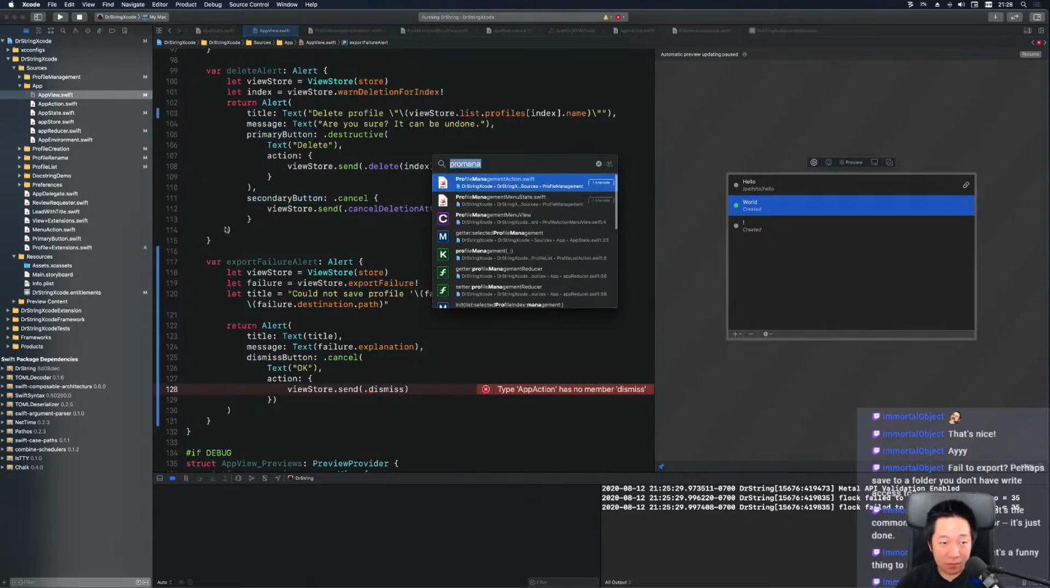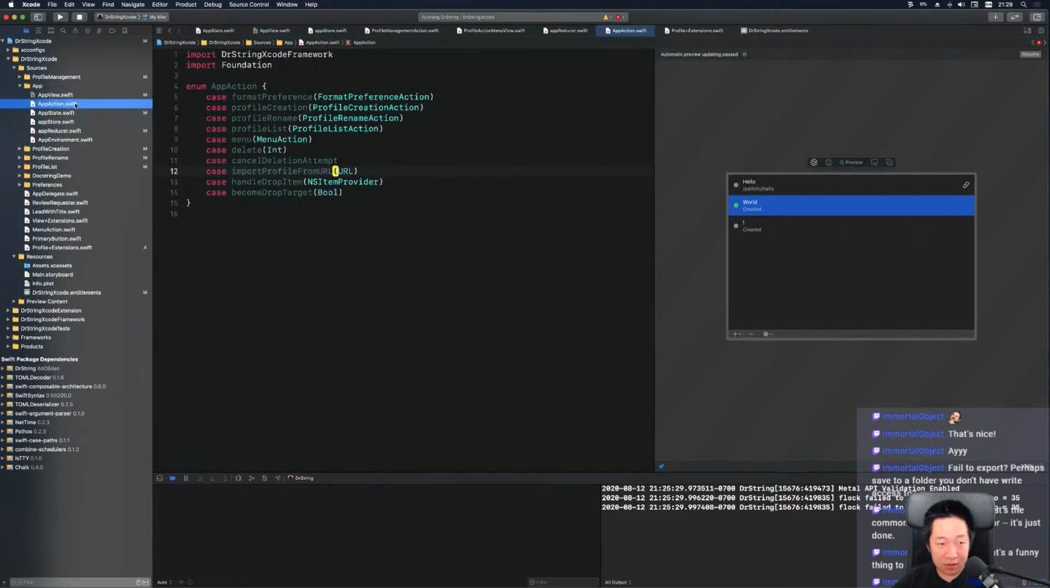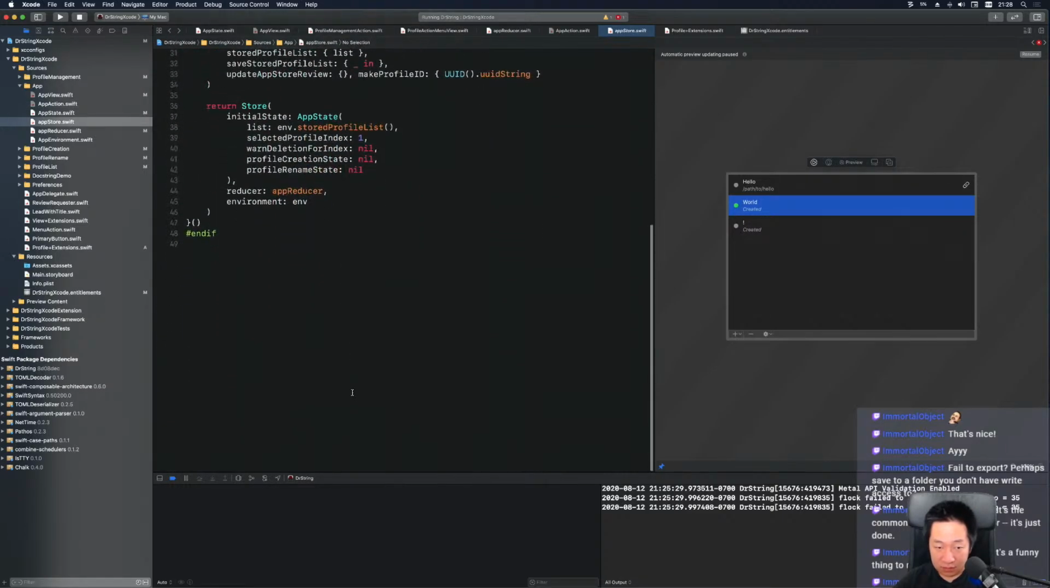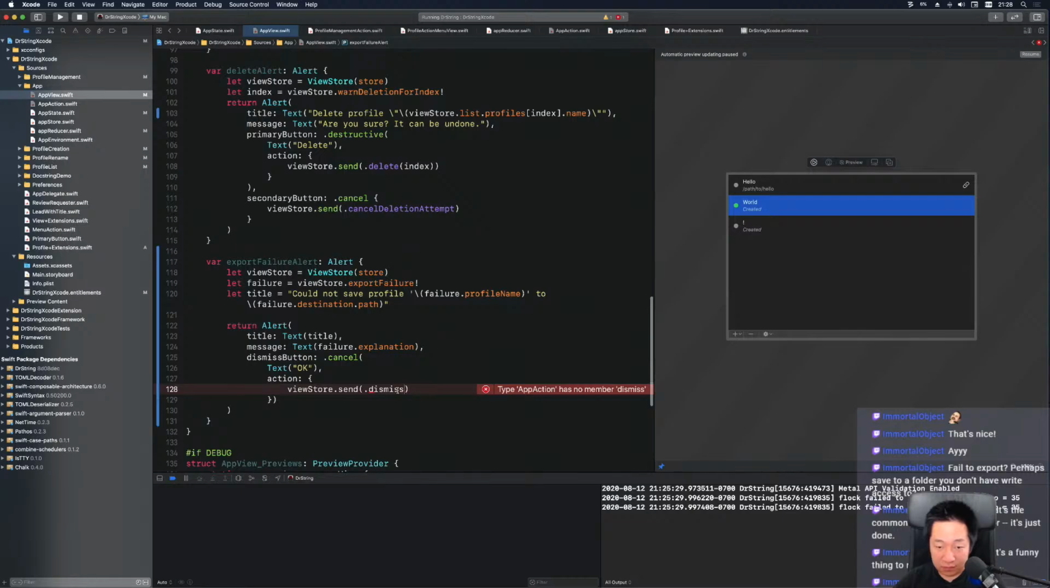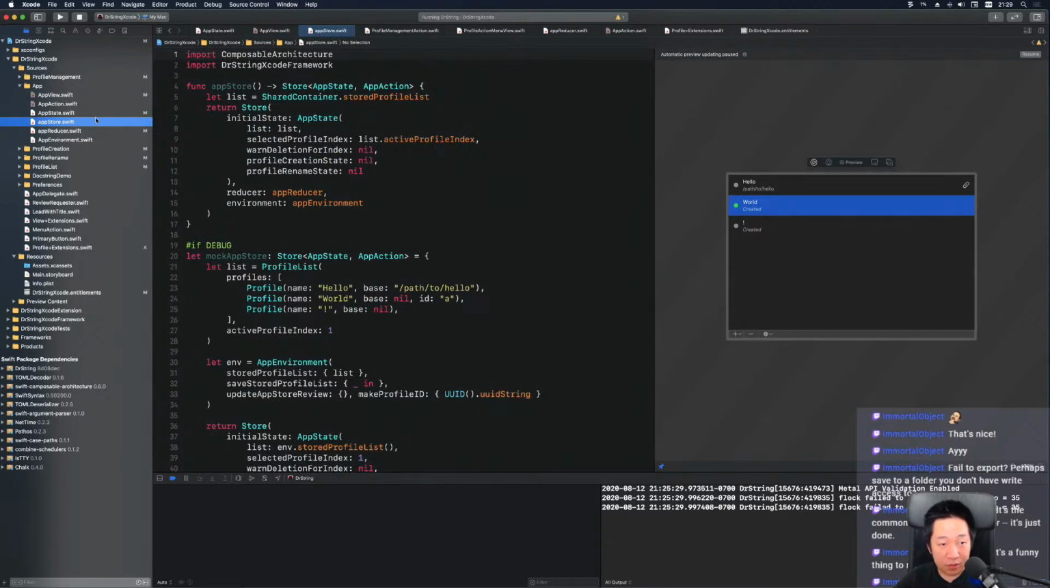Wait, let me see. App action. Cancel delete attempt. All right, fine. Acknowledge. No, too long. Cancel export. Yeah. Cancel export, and then we'll go to app reducer